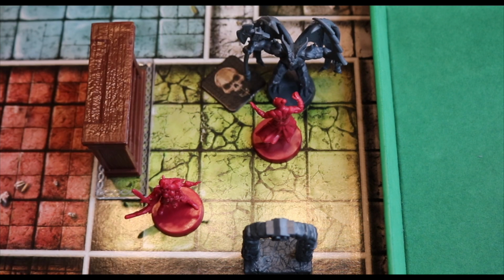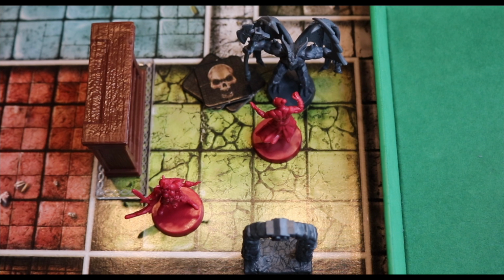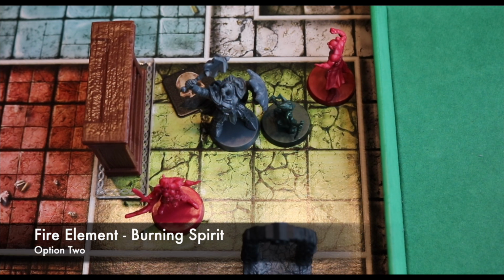And then after Zargon's turn, automatically, when it came back around, that fire touch of Inferno would automatically give it 2 more hits, possibly killing the gargoyle or just severely wounding it. As long as there's a monster in the room, the monk can move from one element to the next. He would move on to Burning Spirit,